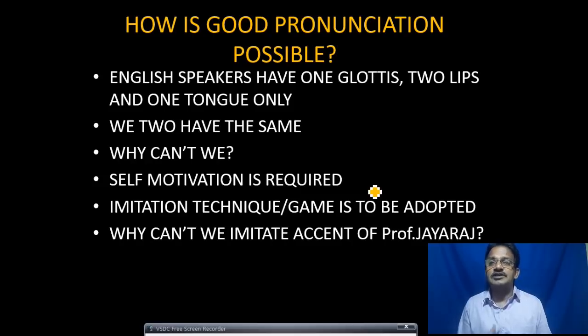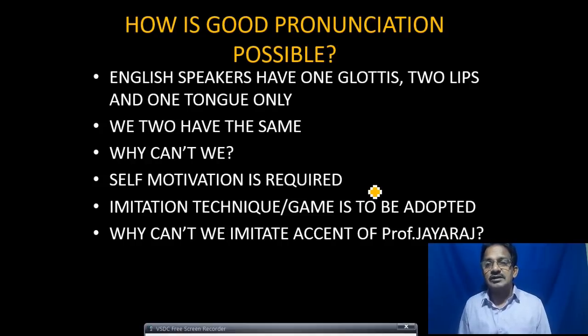So you adopt that. There are a number of videos available on YouTube, and also you can download the two webinars completed earlier in our SCERT, and how Prof. Jayaraj garu accented his pronunciation very well. You can download that and hear those sounds and listen to that voice very frequently, a number of times, so that we can get good pronunciation, I think.